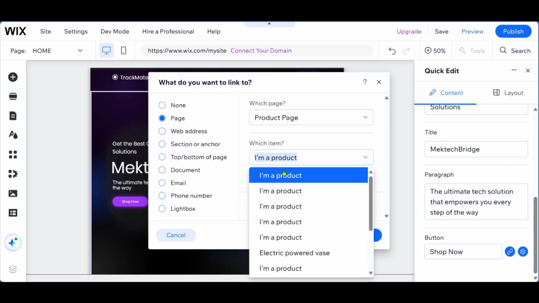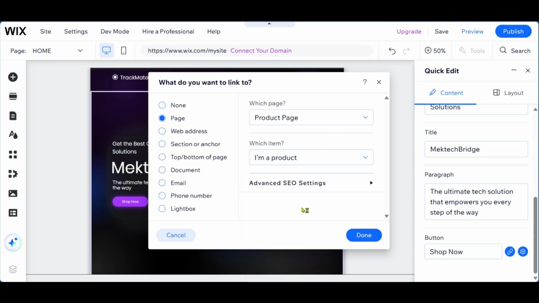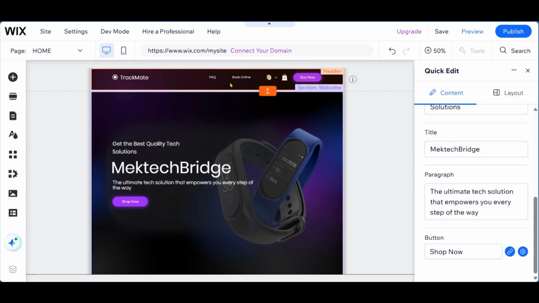Now, these are the different names of the product which you might have selected. As you can see, electric powered vase is one of the products which we changed the name to add to our website. But these other ones can be edited and changed later on. Click on done. And then if you want to change anything here, you can click on this area after hovering